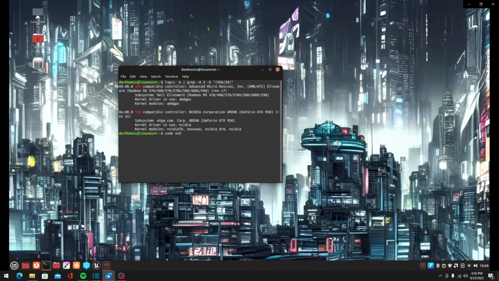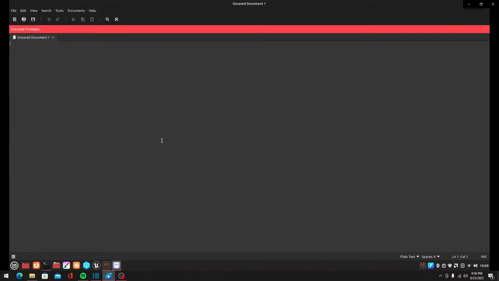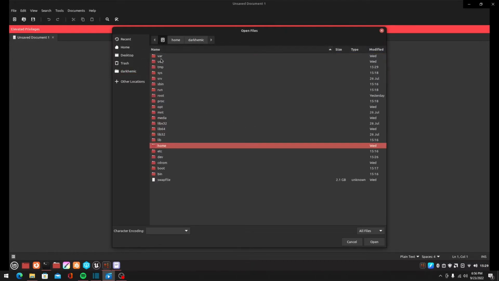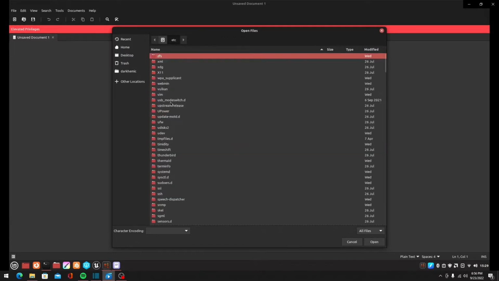Now, if you do have the Radeon driver being used, follow this. I did a super user xed to bring up the editor in root mode. I'm opening up the location of a list that will blacklist drivers and keep them from running every time you